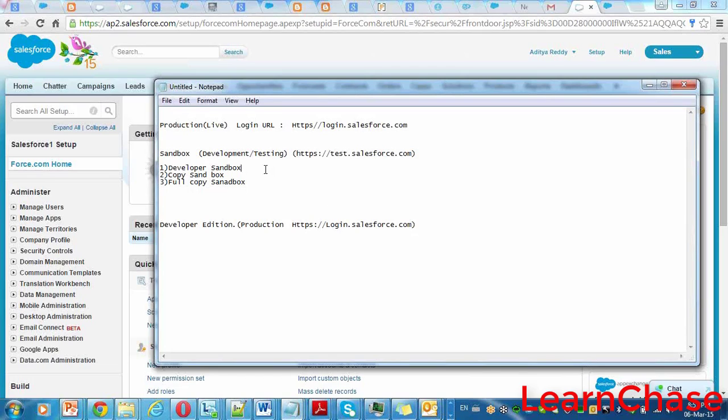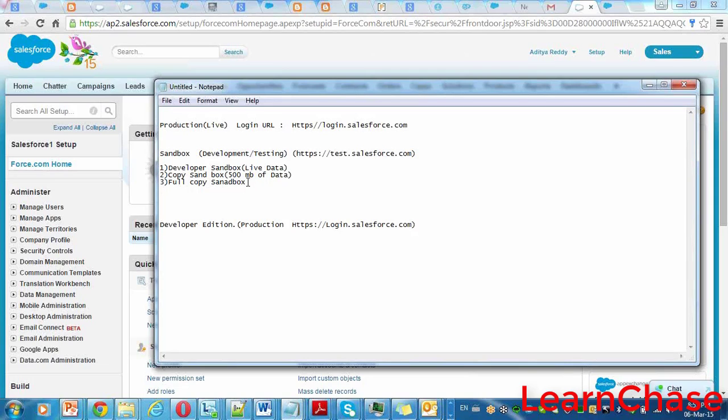This is about the editions that we have, and how it will be in the live environment. Now I will tell you what these three different sandboxes are. This developer sandbox doesn't have any live data. The copy sandbox has only 500 MB of live data.